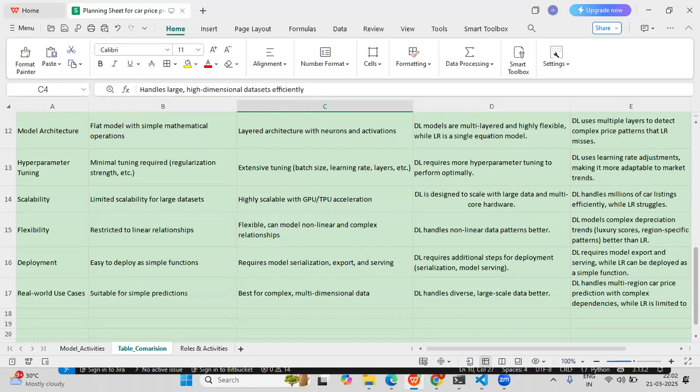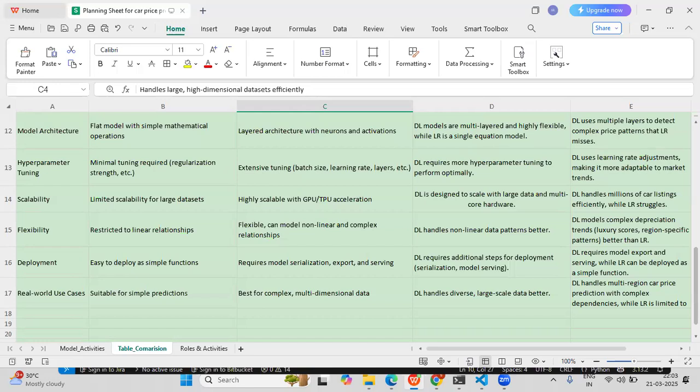When it comes to real-world use cases, the linear regression model is suitable for simple predictions where we have small to moderate data sets, where we can happily use a linear regression ML model. But when the data is complex or large, we will definitely choose the TensorFlow model, deep learning.